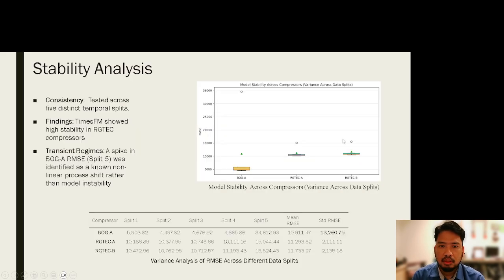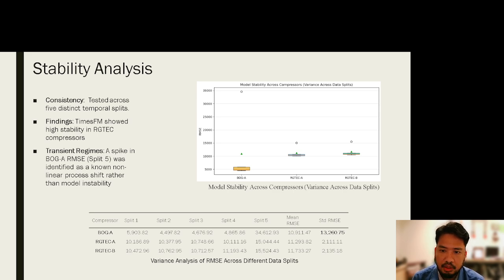So this slide highlights the stability analysis of the proposed method. For consistency, we test across 5 distinct temporal splits: split 1, split 2, split 3, split 4, split 5. Our findings show that the application of TimesFM showed high stability in the RGTech compressors.